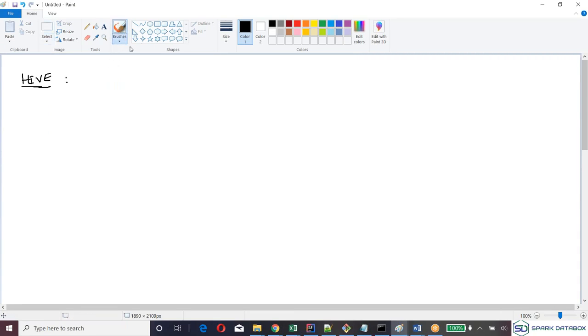What is the Hive? The data warehousing system on top of the HDFS that provides structured data of the information present inside the HDFS. It means whatever data we loaded, on top of that data we will provide a structure. Let's say I have one file in the HDFS.